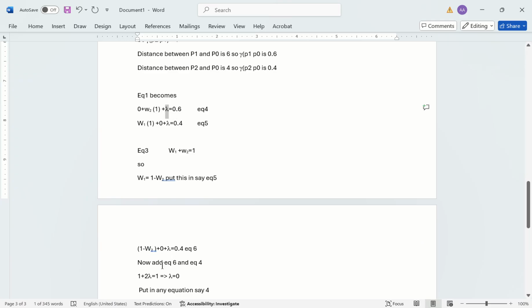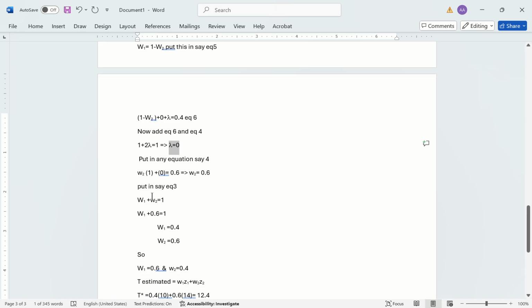So we will get 1 plus lambda, and lambda over here and lambda over here, we will get 2 lambda, and on the other side we will get 0.6 and 0.4. 0.6 and 0.4 we will get 1. So 1 minus 1 is equal to 0, and 2 lambda will be equal to 0, lambda equal to